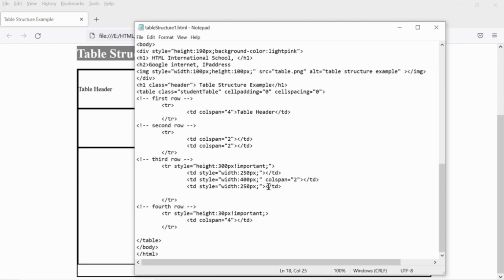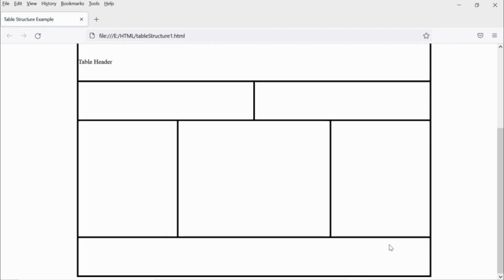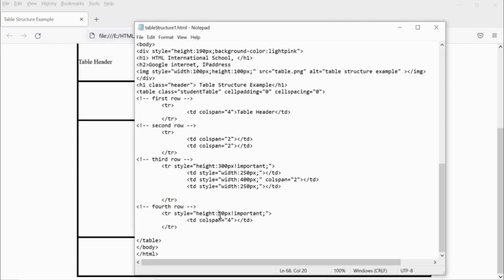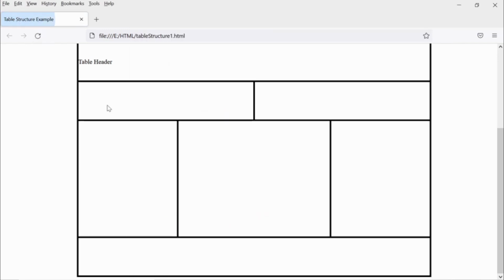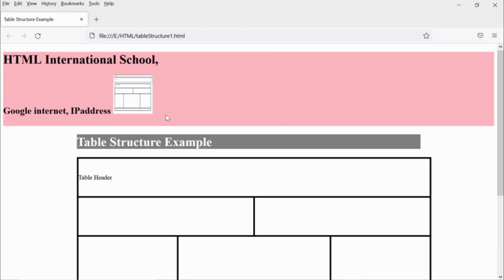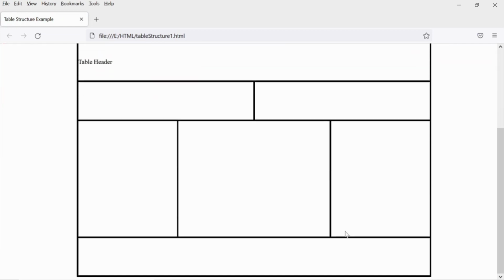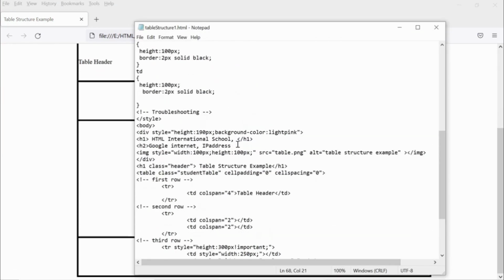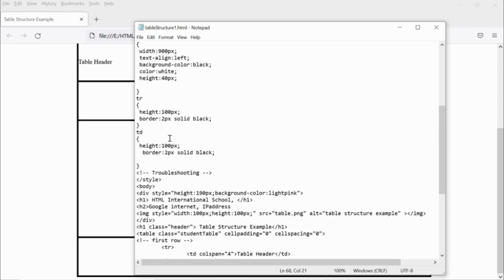In the style we forgot to close the double quotes after important. So we are adjusting the height to 30 pixels, but it is the same. We need to bring it down a bit, because on the table element we already have 100 pixels of height. That might be creating the problem. You can see there is a height on tr, and it's adjusted accordingly.